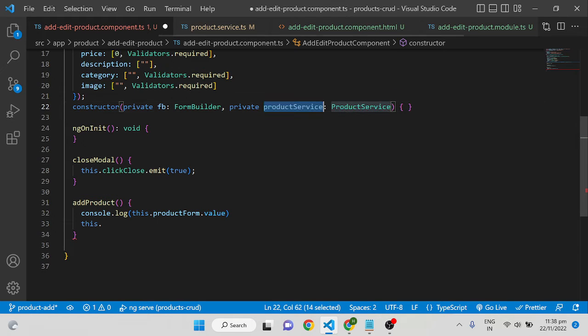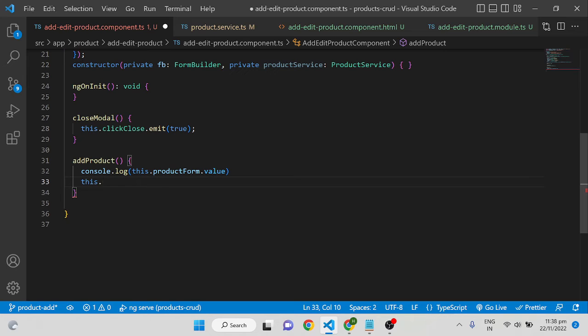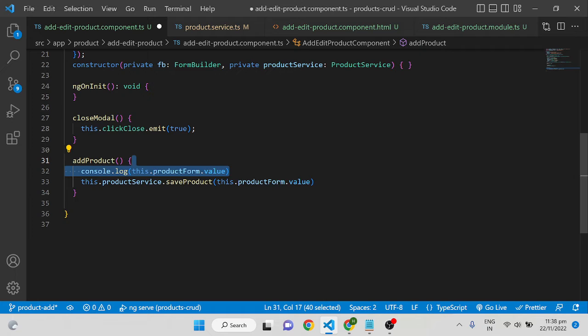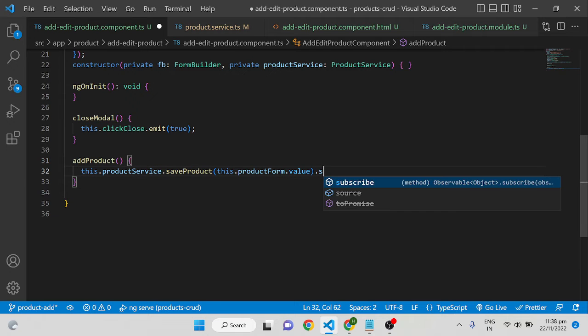You have to inject it, and this dot product service dot save product, and I have the form data, simply pass this value, then dot subscribe,